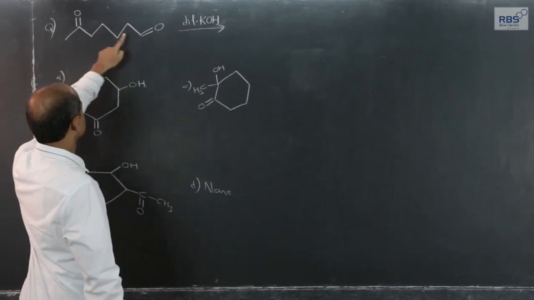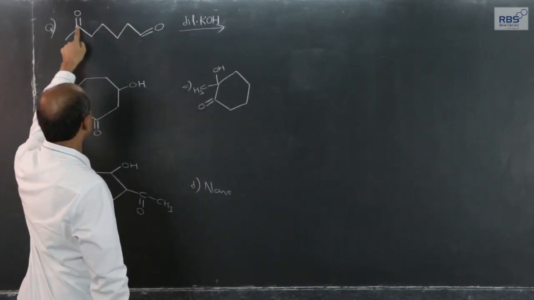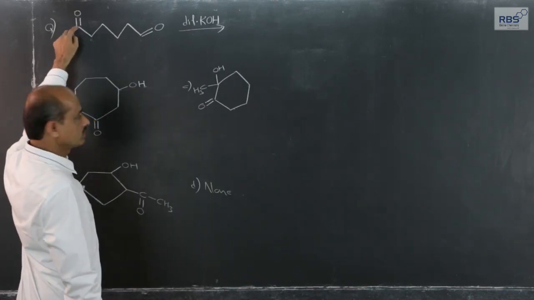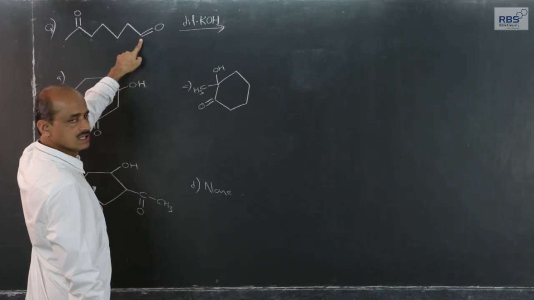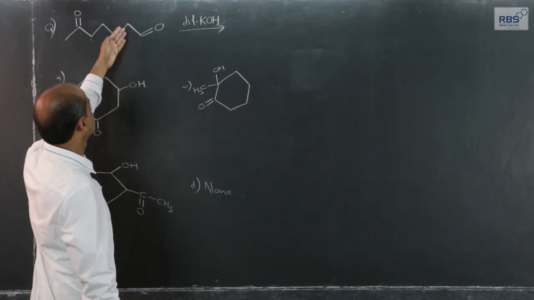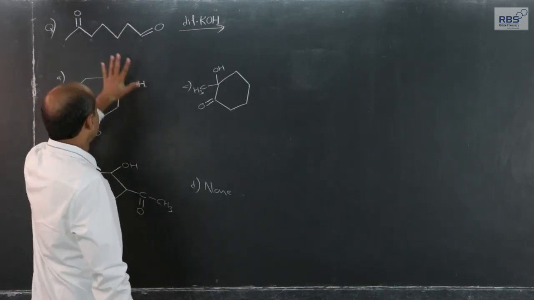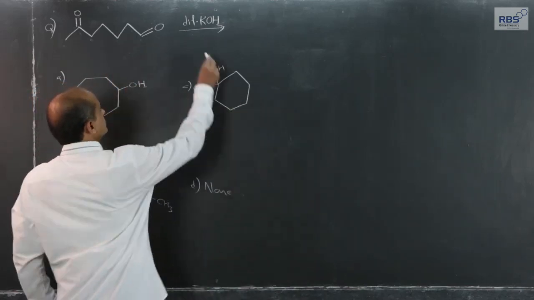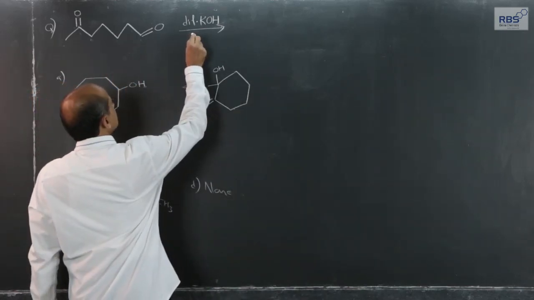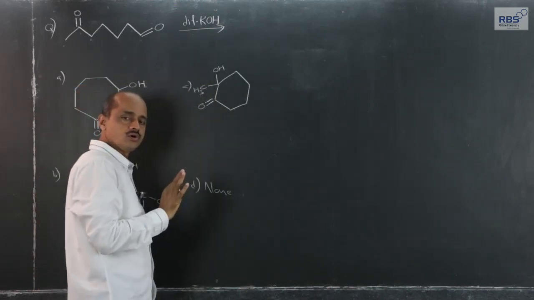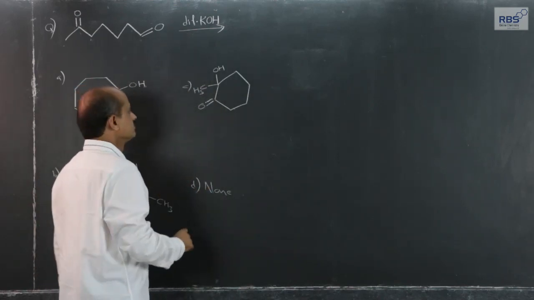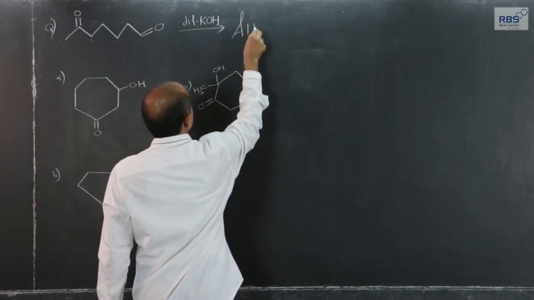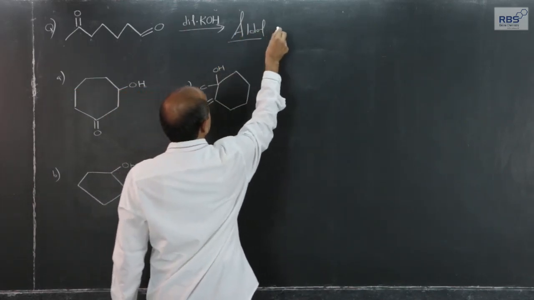Alpha carbon is present with respect to this carbonyl group. Alpha carbon with respect to this carbonyl group, ketone. This is aldehyde. Alpha carbon and hydrogen attached to alpha carbon is present. And if alpha hydrogen atom is present in aldehydes and ketones in presence of weak base or dilute strong base, what happens? The reaction undergoes aldol condensation reaction,